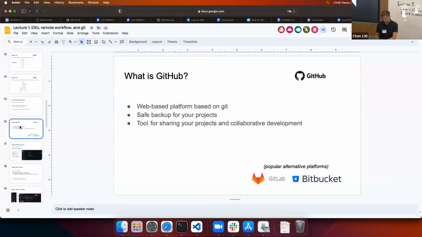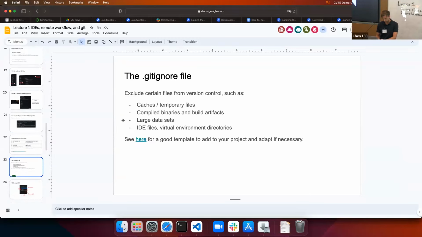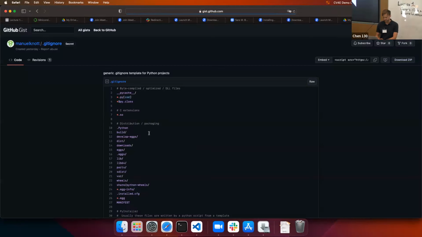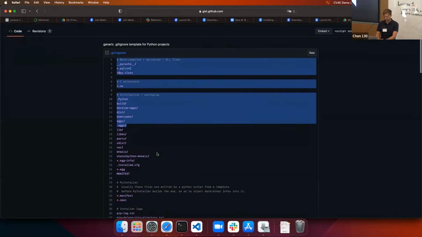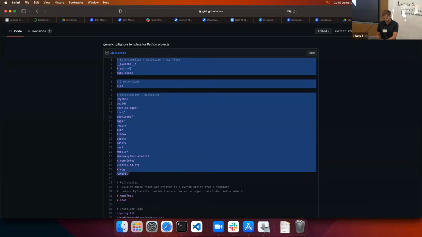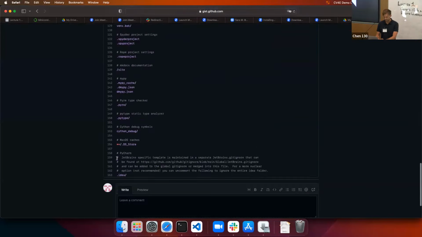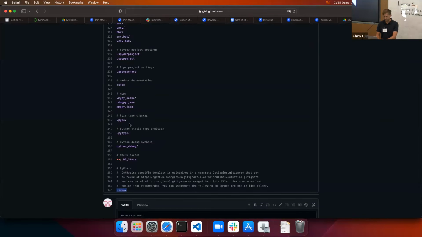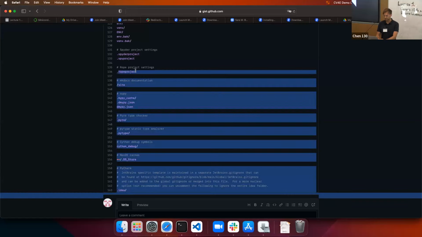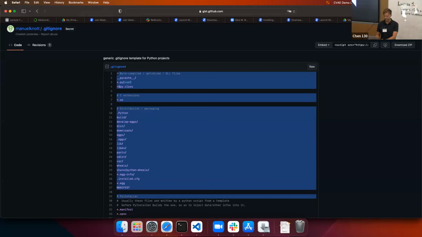Things you definitely want are in this template I added to the slides. And it's actually a pretty standard template. You can see here all the things like build artifacts or the project folder, if you're using PyCharm, or your virtual env if that folder is part of your project. So it's a good thing to just copy everything here